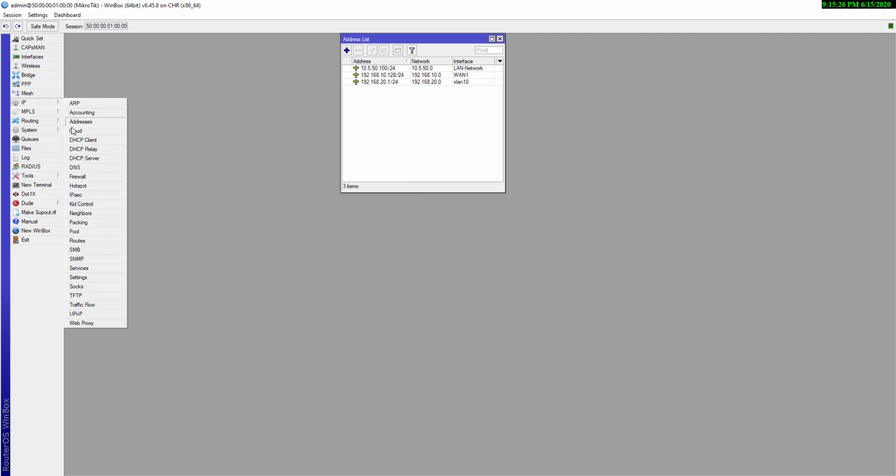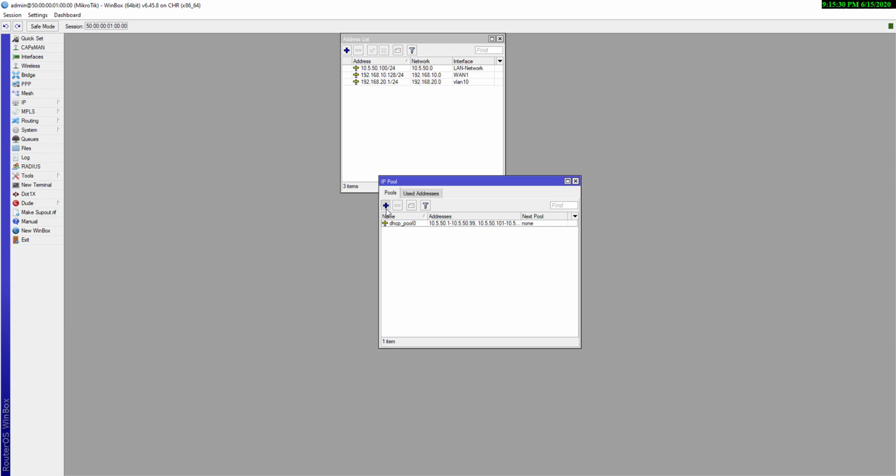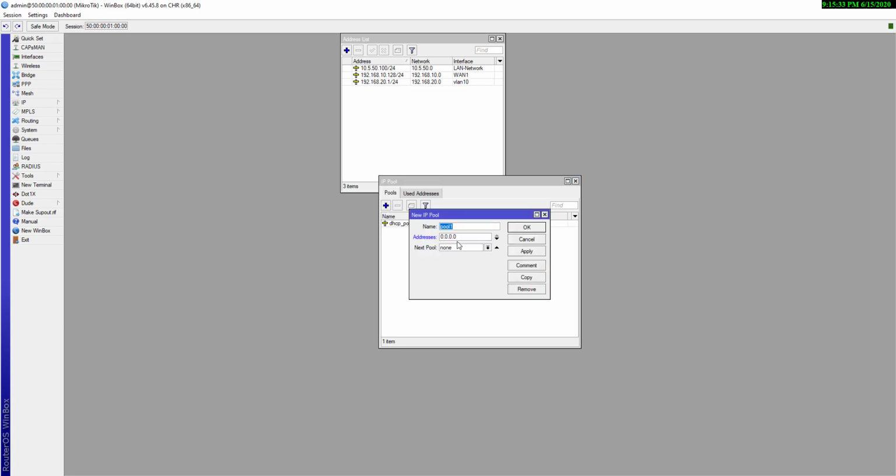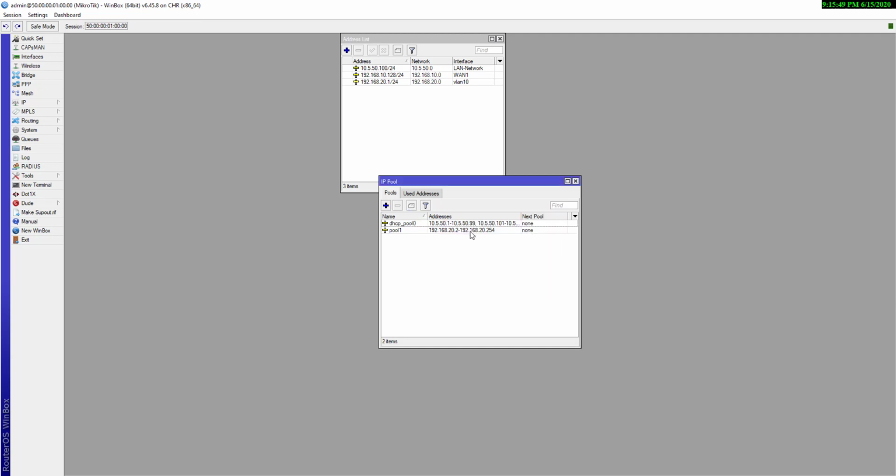The second one is the pool. Here we have to create the pool, from 192.168.20.2 to 192.168.20.254. This is our pool, which will give IP addresses in this range.